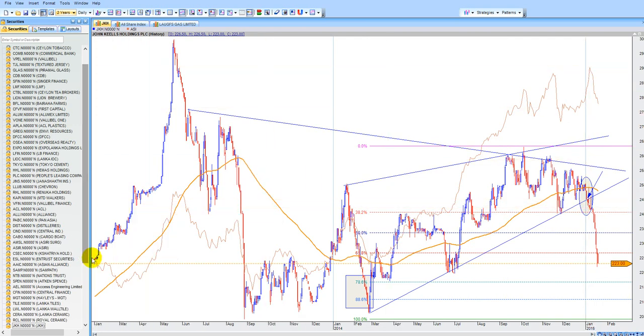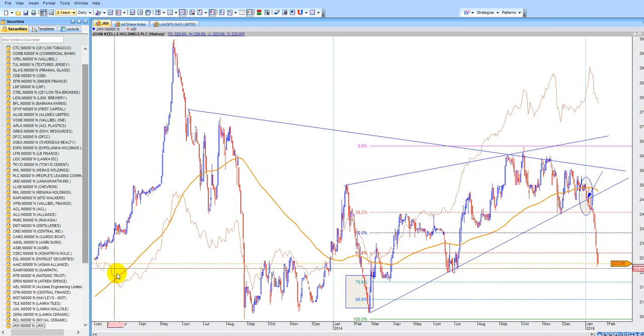So have a look at this. This is what I'm trying to tell you. Now this is the beginning. Okay, we are talking about 1 year here. So we were here at 224. Okay, look at this. If both were holding here at the same level, correct? So what would have happened if you had held JKH?